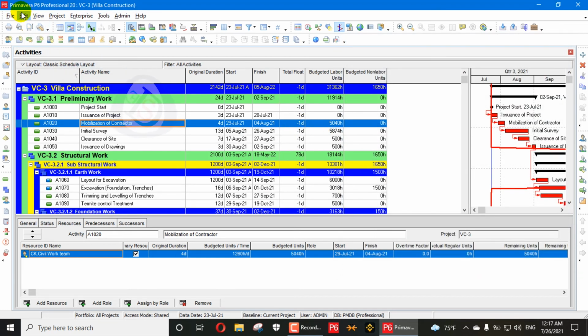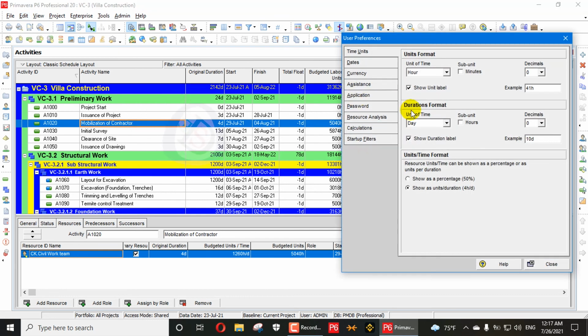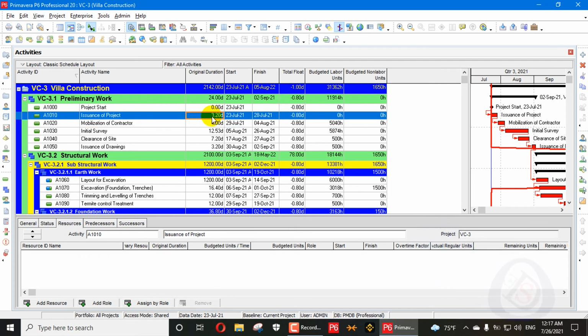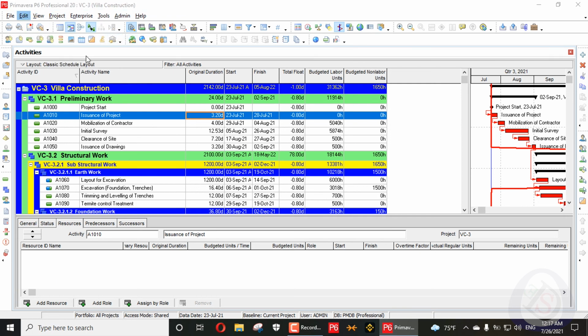When you go here, edit, use the preferences, and change that into decimal, you can see the float as 0.80. It is also showing critical. If you change your duration in any way, it will impact the float here. That point may be impacted while you are calculating your critical path. So that is today's user preferences setting.